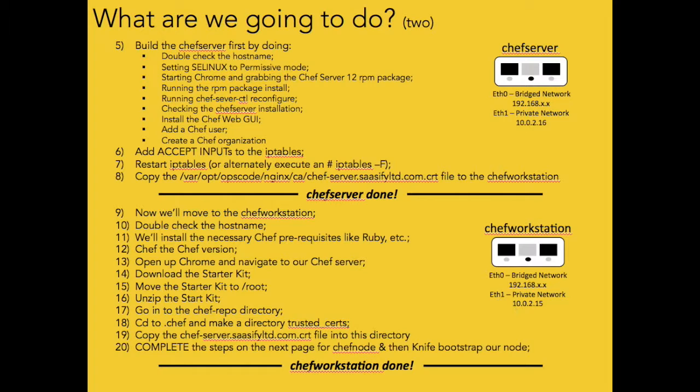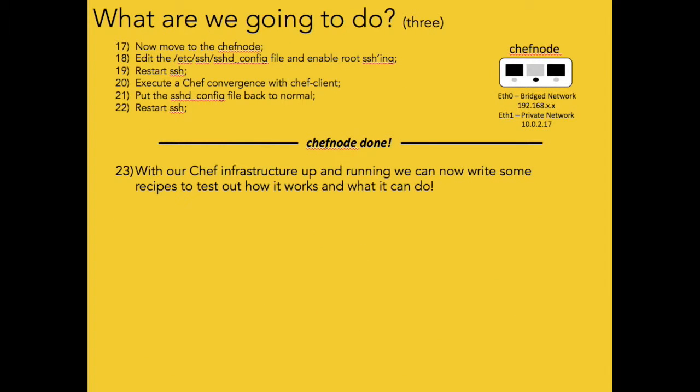Once we've done that, final step is to get a Chef node up and running. The only thing we have to do here is modify sshd_config to allow root login remotely, but it only needs to be allowed once, and then we can put it back to normal. And in fact, our first recipe is going to be putting that back to normal. So that's what we're going to be doing. We're going to set up this entire Chef lab, all in VirtualBox, all on this Mac that I'm using here today. And that means you can create recipes, test recipes, mess around with Chef, get used to it